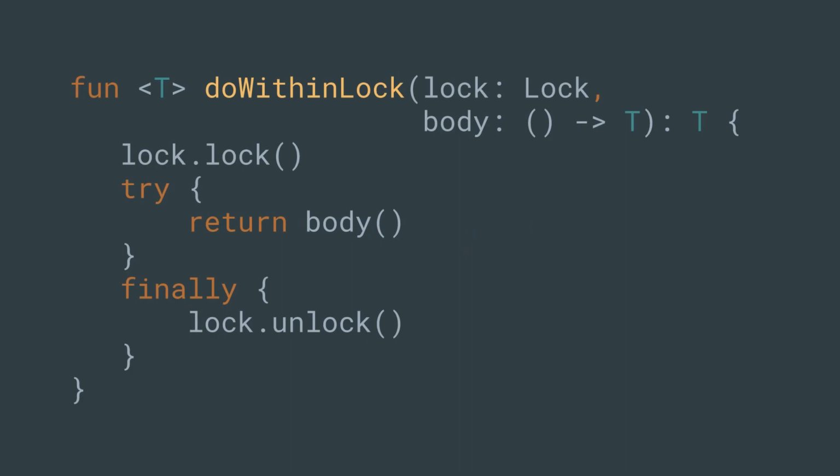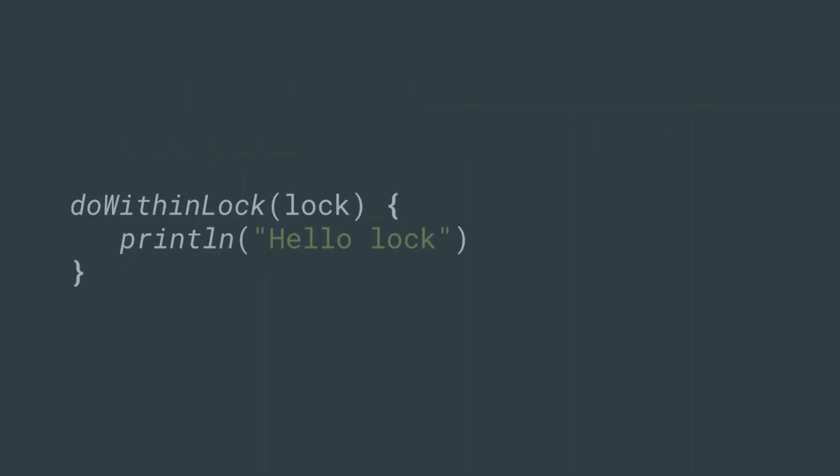That's the syntax for declaring that you receive a lambda. You receive a body. You just say, oh, I receive a lambda that receives nothing and returns something of type T. You can use that to implement a method such as this. Run that lambda within a lock. That return body parentheses, that's just the syntax for running the lambda. You just run it like this. You pass a lock argument, and you just pass your lambda.